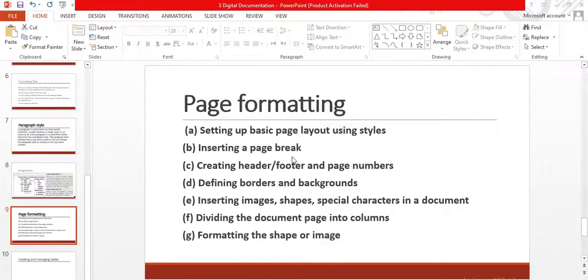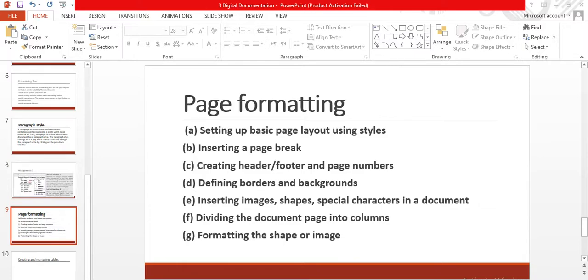The last page formatting topic is formatting the shape or image. The user can format the shape or image inserted in the document. For instance, the user can change its size, color and borders, change its position, etc. First, select the shape or image by clicking on it and then use the toolbar to perform the required changes.